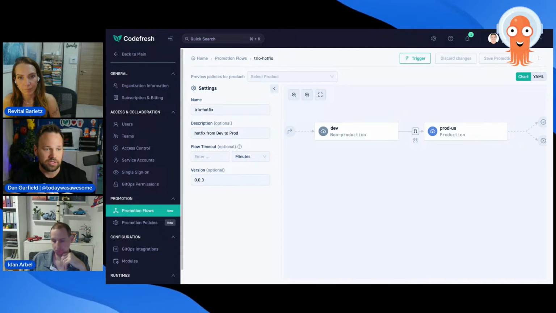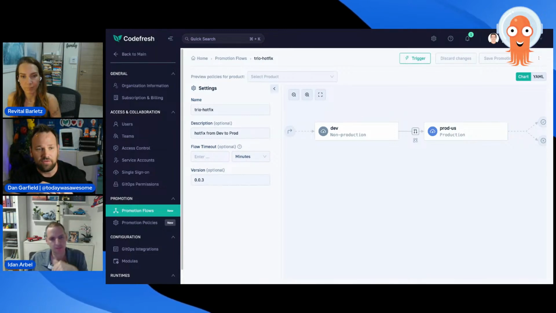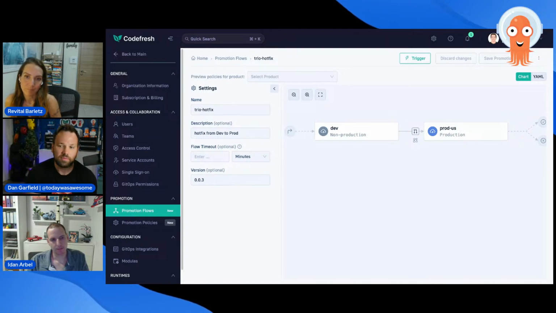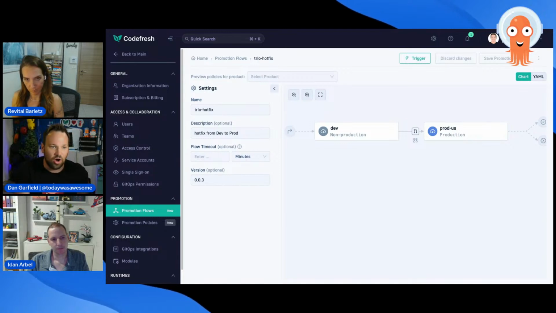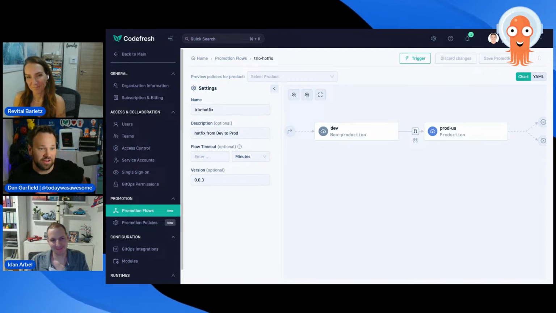Like, I can do that. And so I can build these really powerful, flexible flows. And I love the idea of a hotfix too, where you're going to have probably some different criteria for approvals and stuff, but you can skip a lot of the steps because you just need to get it out right away. Whereas normally in the past, when you have a hotfix like this, the solution is call that one person who has access to all the things, get them up in the middle of the night, make them